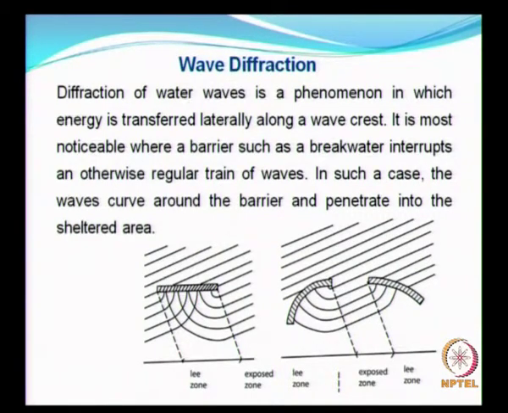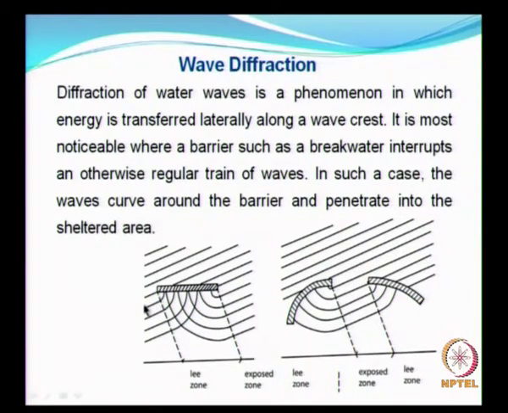Please recollect, when we saw the phenomena of refraction, we observed that it is mainly because of the waves propagating over varying water depth. So we will just keep that aside and examine the phenomena of diffraction alone. For that purpose only we have considered a constant water depth here. So when you have a rigid barrier here and the wave crests come and meet the structure somewhere here, this is where it meets the structure.